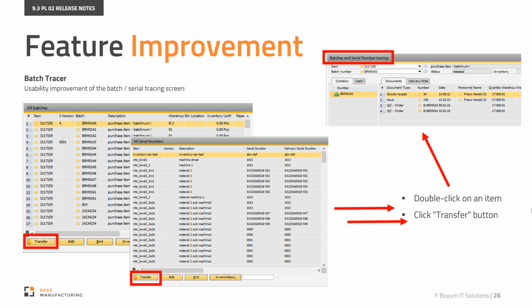Also, all batch, all serial number screens now have the same functions, same buttons, like transfer if opened from batch serial tracer, edit, inventory history, and batch serial number tracer if the window is opened from the menu. Double-clicking on the left results side opens the tracer for the item, batch, or serial entry. Now it is allowed to mix serial numbers and batch numbers. In this case, Beas opens the serial number batch number tracer, as you can see in the top